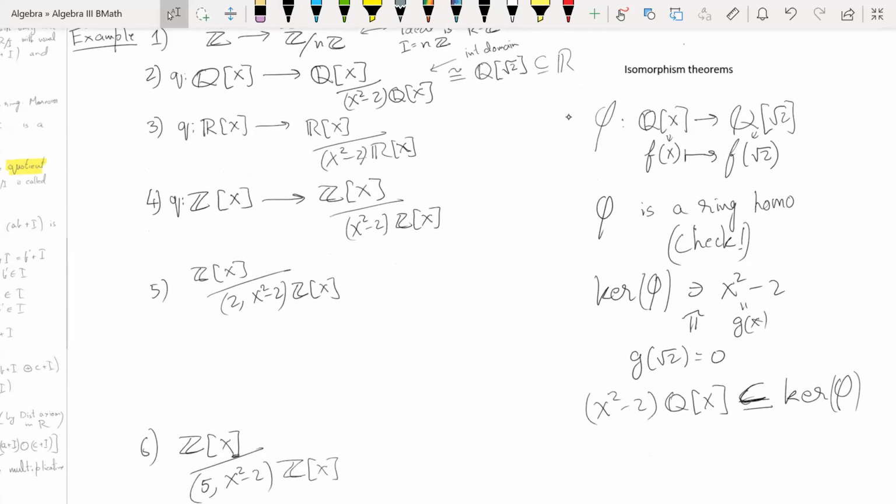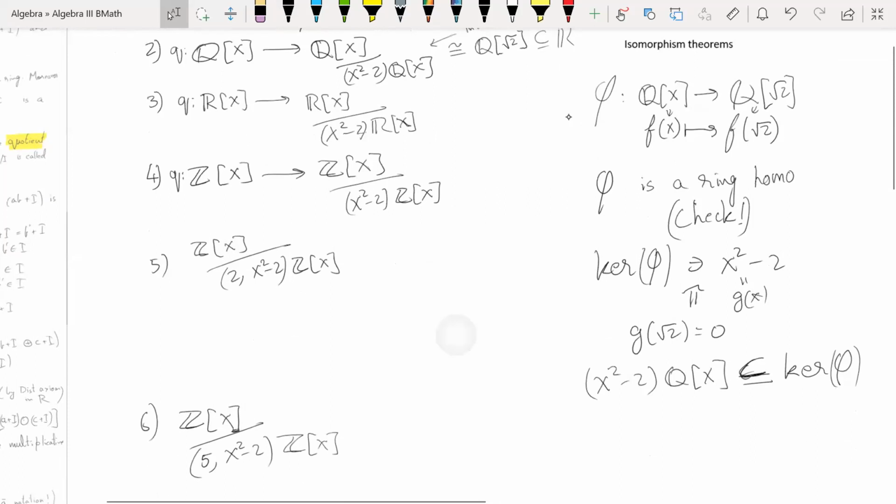So that requires thinking of Q[x] as a PID, or a Euclidean domain. So the point is, given any... so the remainder theorem is something which you know, or at least you must have seen the statement in high school. So if f(x) is any polynomial in Q[x], then you can write f(x) as